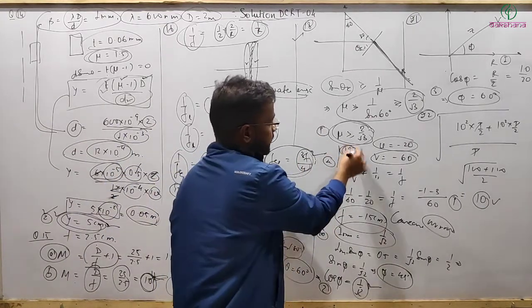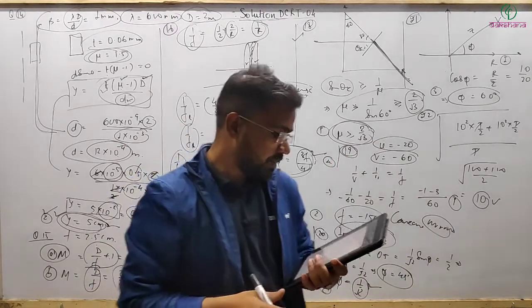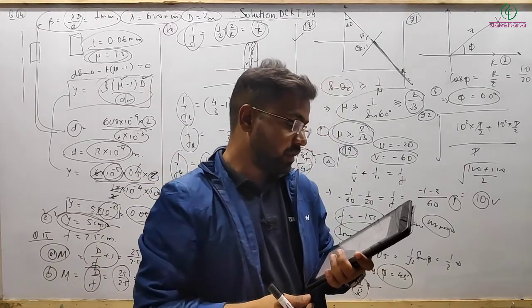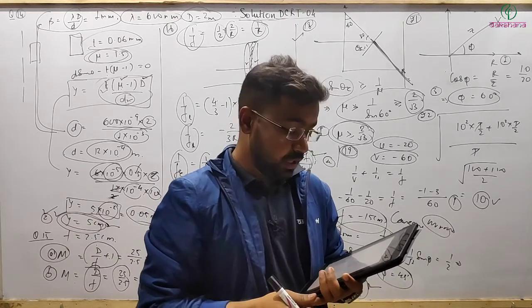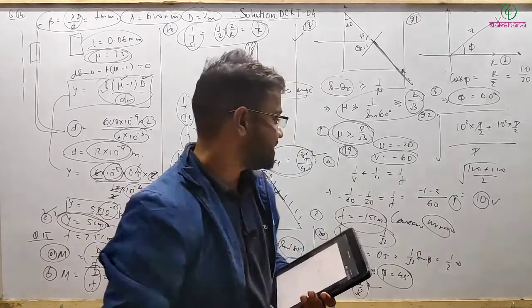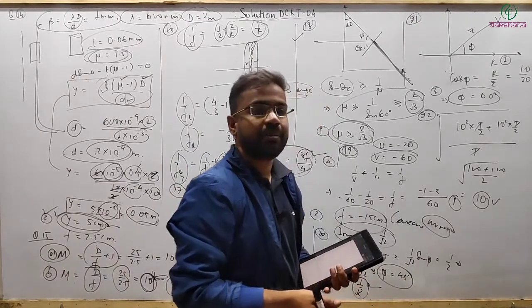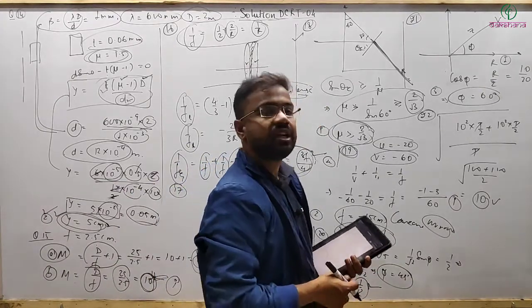Next, question number 19. A mirror gives an image 3 times as large as an object at a distance of 20 cm from it. So object distance will be -20, and magnification is v by u, that means 3 times, so v